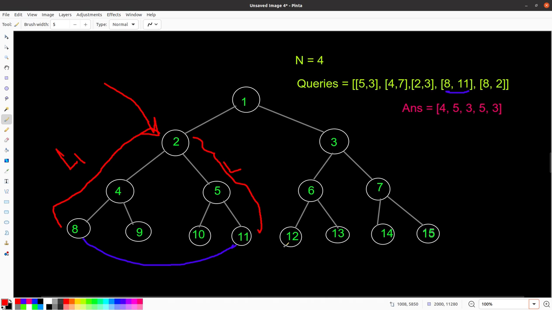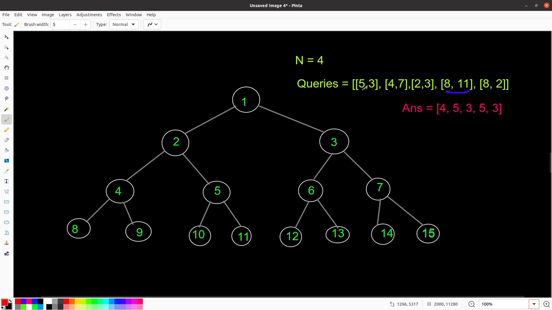And in order to find the first common parent between the two nodes, what we need to do is calculate a vector of the nodes from the current node. So the first node in the query, let's take the query 8, 11, and the answer will be 5. So first of all we need to calculate parent 1, which is all the parents in the